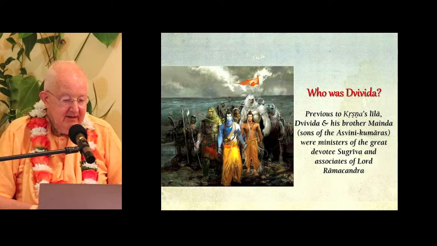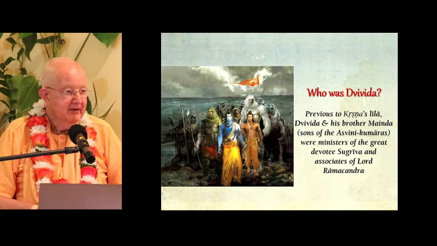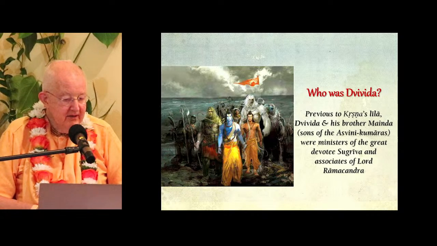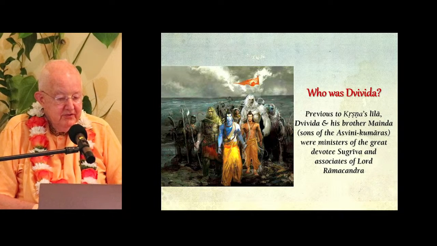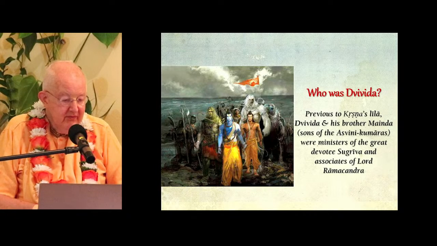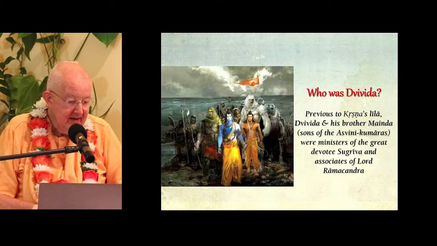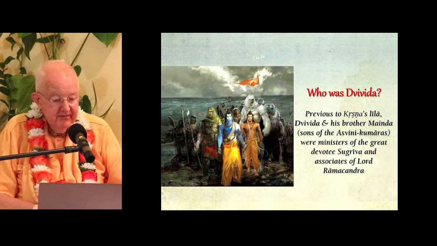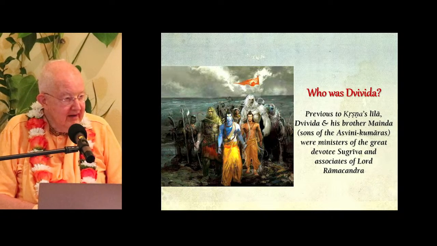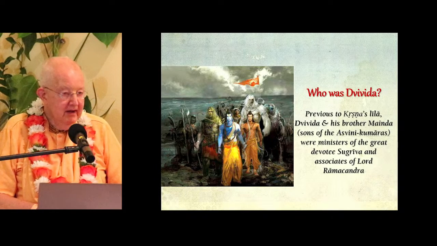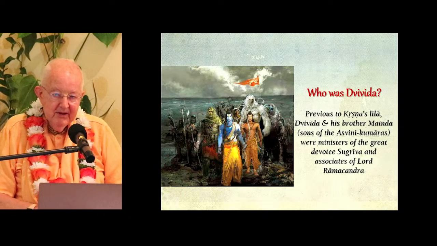So during Ram's Leela, Minda and Dvivida were ministers to Sugriva. And then they became associates of Lord Ramachandra. So in this nice painting, they're coming across the bridge, and behind him, these two giant guys, there's Minda and Dvivida, along with many other Vanaras. They're very heroic. In the Yuddha Kanda section of Ramayana, there are many places where Minda's power is described,